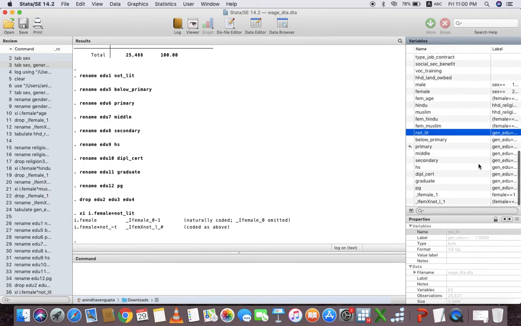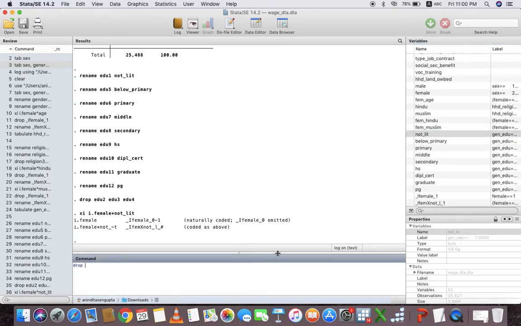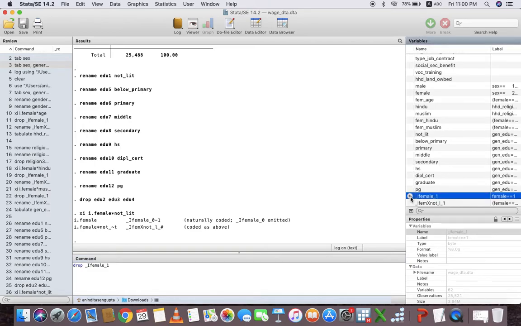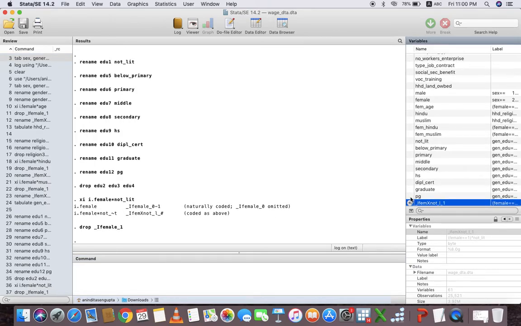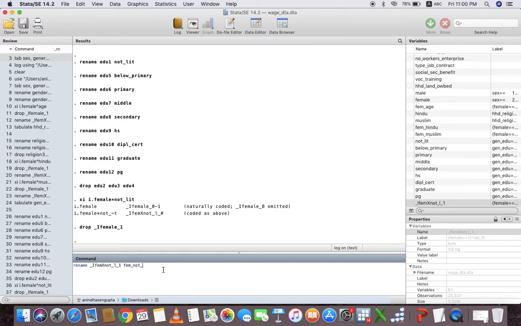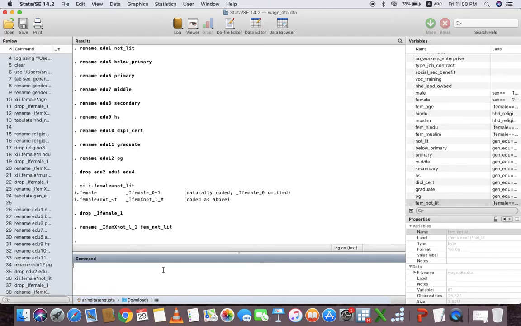Here once again we drop the first one, and then rename the second one as fem not lit. That means those females who are not literate.